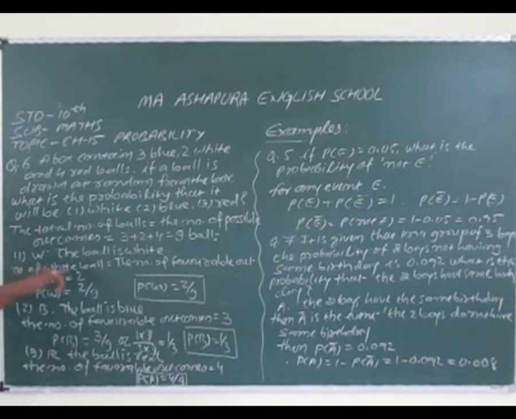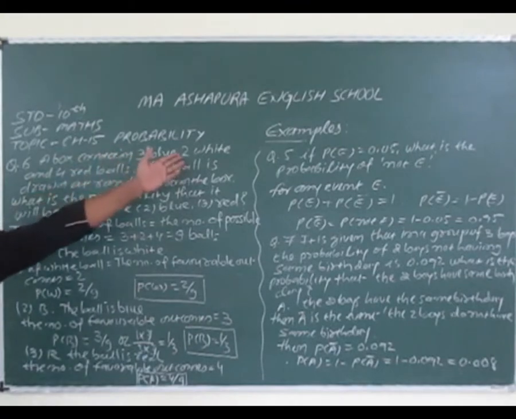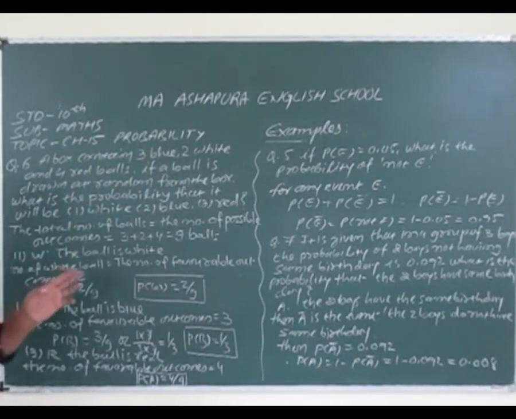Now the number of white balls is equal to the number of favorable outcomes for event W. Here the number of white balls is equal to 2. That means 2 is the number of favorable outcomes for this event. So finally, now put the value in the formula. P of W, the probability of white balls, is equal to the number of favorable outcomes divided by total possible outcomes. Now substitute the value. Favorable outcomes is equal to 2 and total possible outcomes is 9. So P of W is equal to 2 by 9.